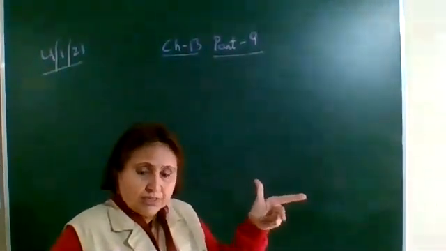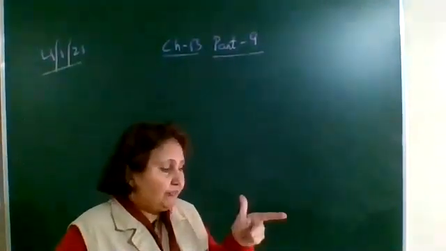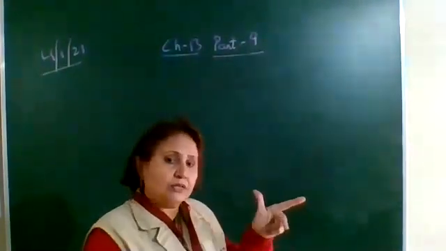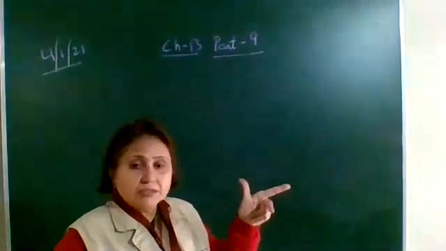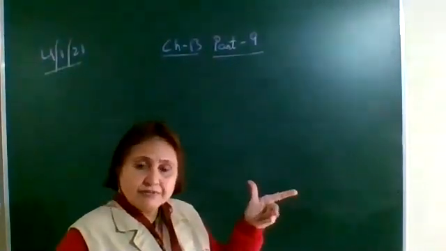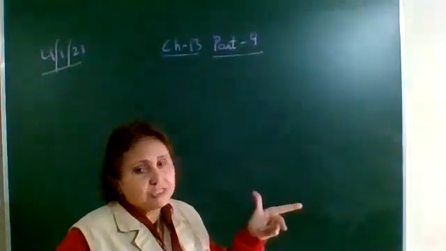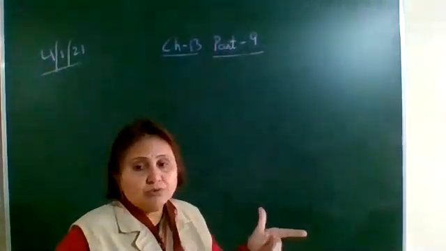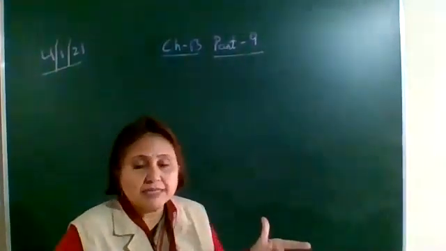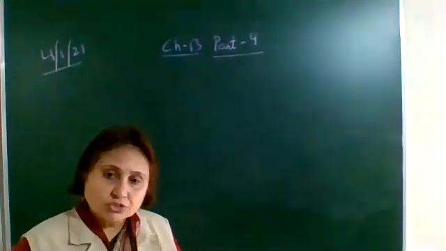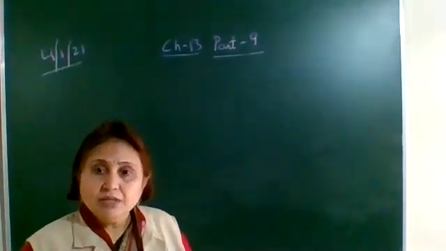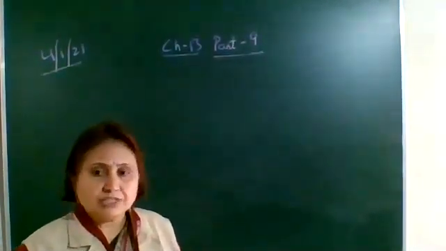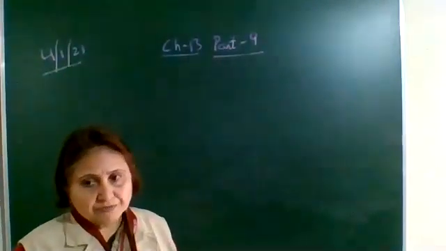Then the force experienced by the conductor will be given by the direction of the thumb. And this force is maximum when the current carrying conductor and the magnetic field are perpendicular to each other. When they are perpendicular, the force experienced will be maximum, and this force will be equal to I into L into B, because it's directly proportional to all these three factors. So this rule is called Fleming's left hand rule, which gives the direction of the force on a current carrying conductor placed in the magnetic field. So this topic we have completed.